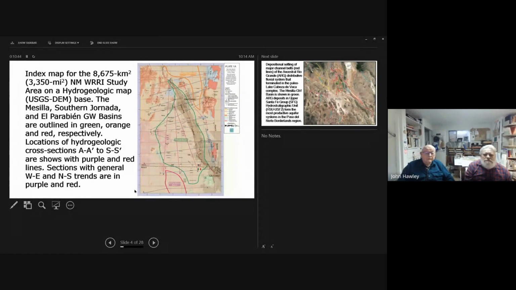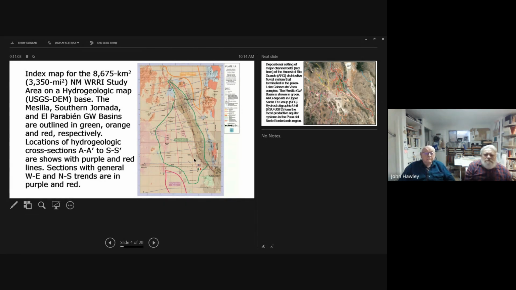And we will talk about these lines that show the locations of hydrogeologic cross sections that we've been developing over many years, which show in detail the hydrogeologic features down to mean sea level.